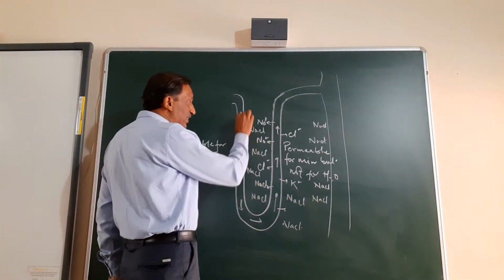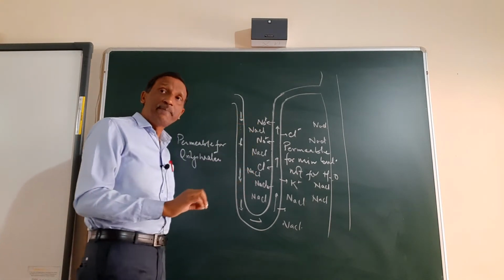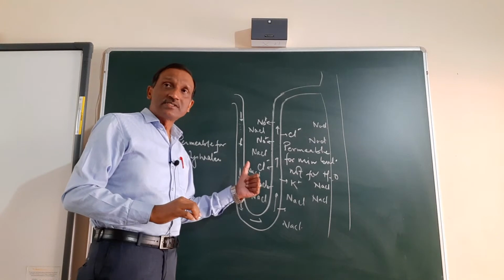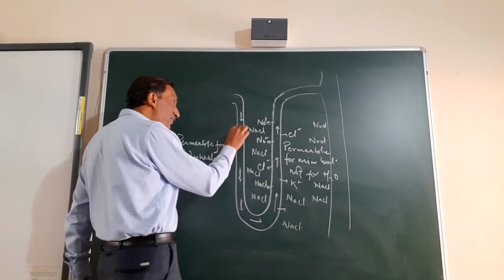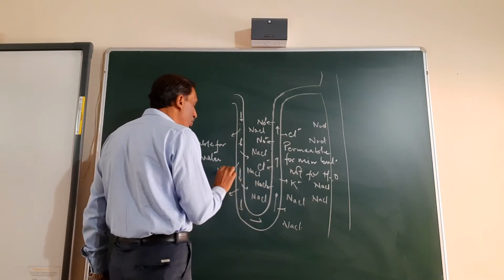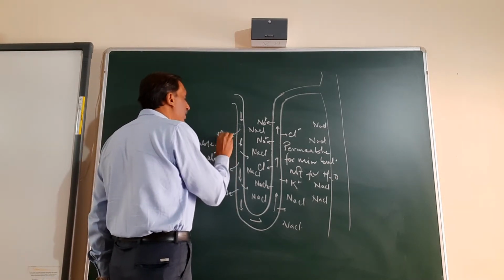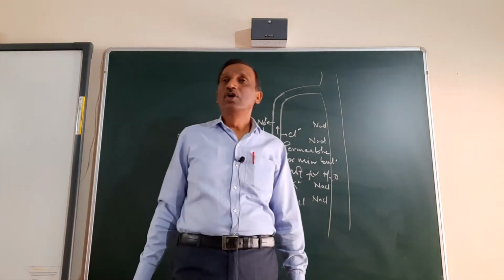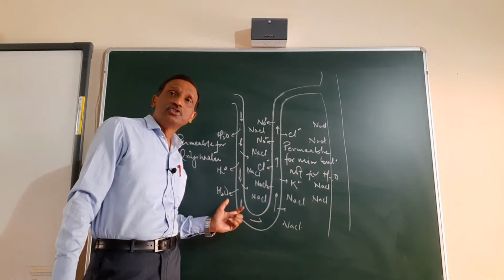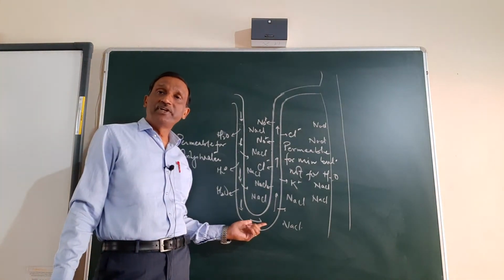Okay? When the filtrate is coming downward here, the filtrate is very dilute, that is hypotonic. Filtrate is hypotonic, which is having more water, less salts comparatively. So what will happen? It will start losing water from a region of higher concentration to lower concentration. H2O. The water will go on coming out of the descending arm. So by this time the filtrate becomes most concentrated, hypertonic.